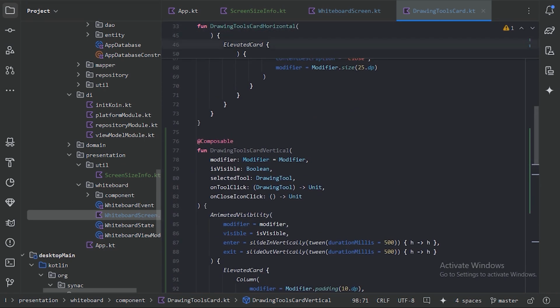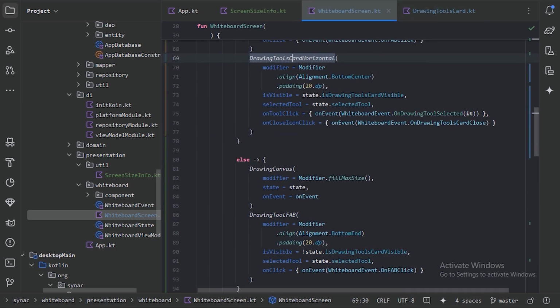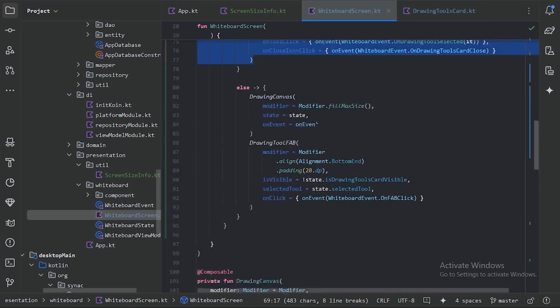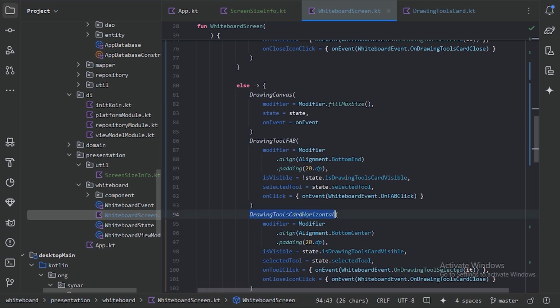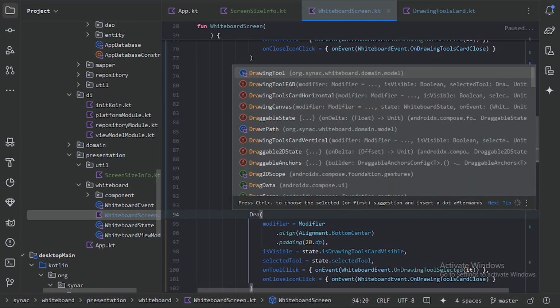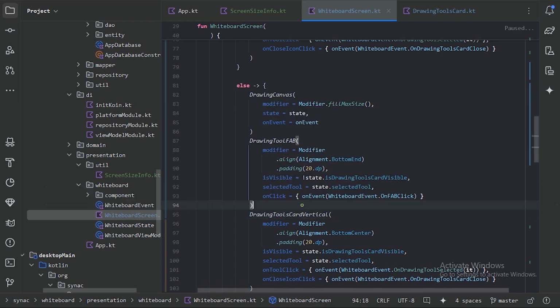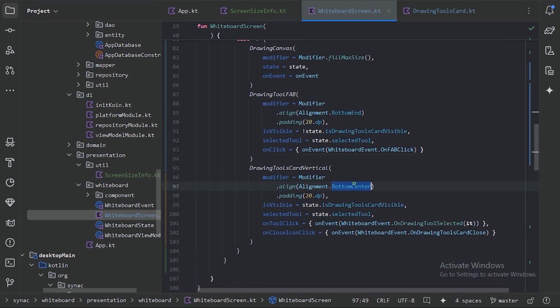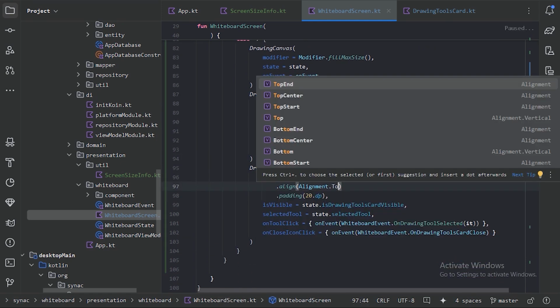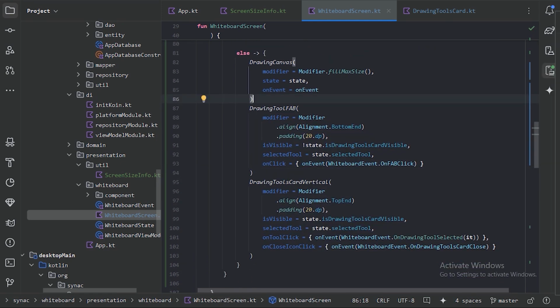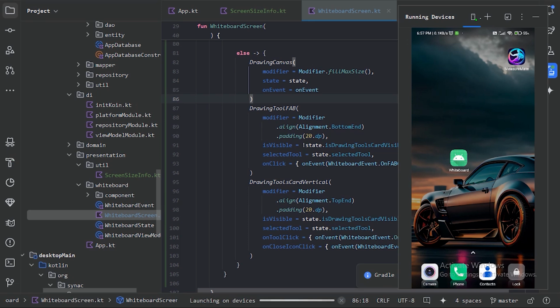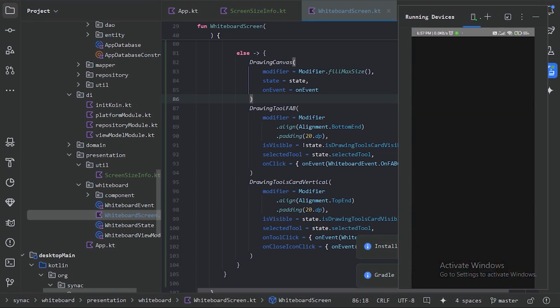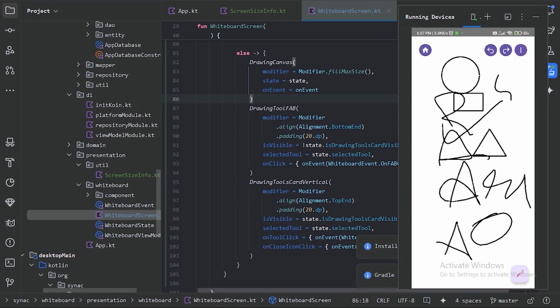So let's use this in the non-compact block. Let's copy this and use it here and change this to drawing tool card vertical, and this will be aligned to the top end. Now let's run our app and see how this is looking. And here is our app. So let me rotate the screen